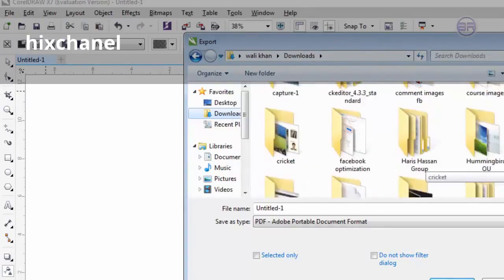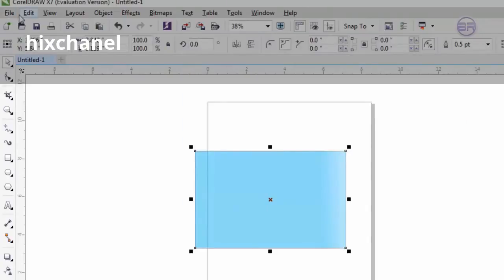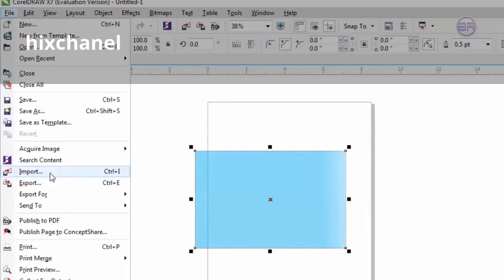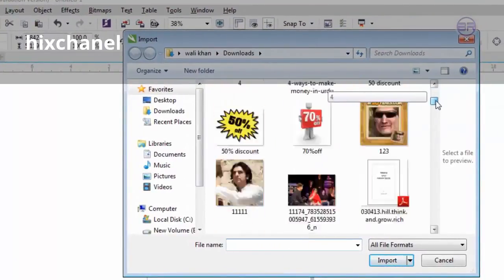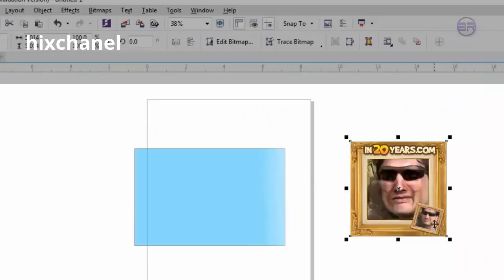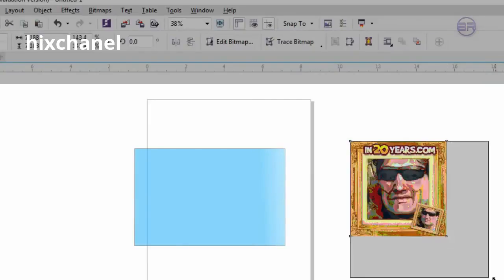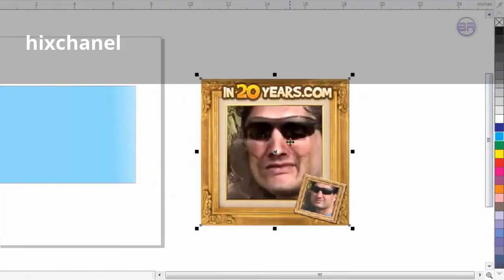We'll click import option, not export. So I will just import a picture from my computer to Corel, this one for example. So it has different colors, this picture has different colors. So if I don't have that color in this color box, then I can just copy that color to any